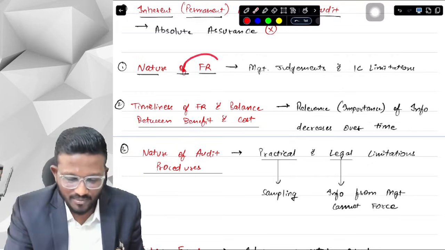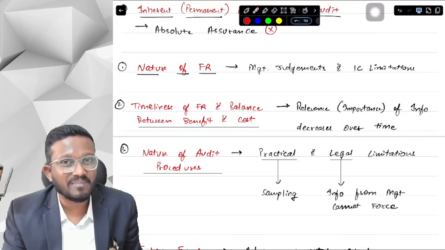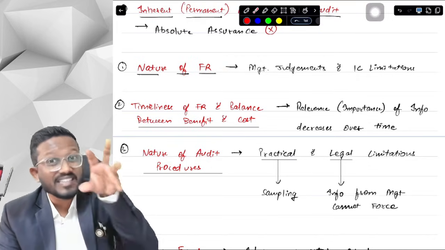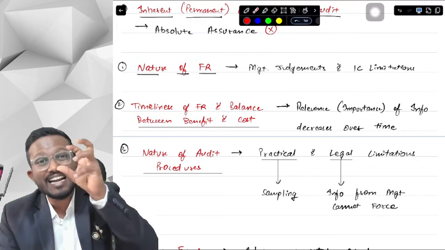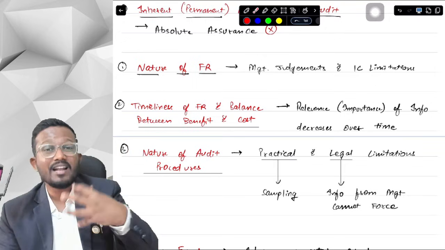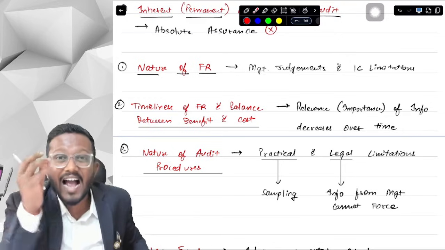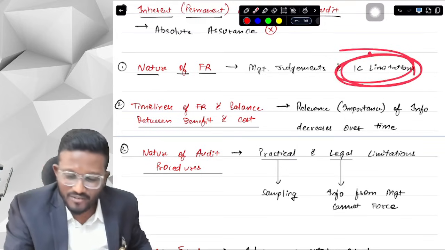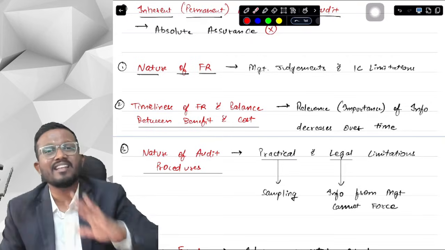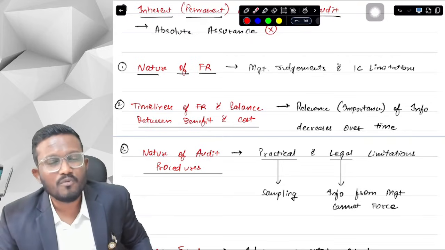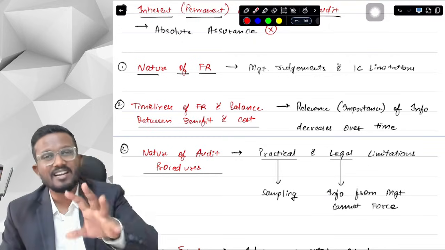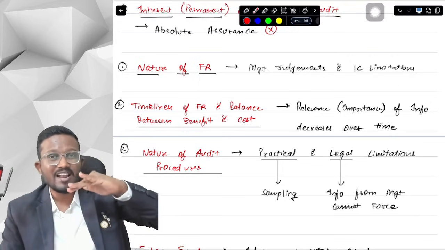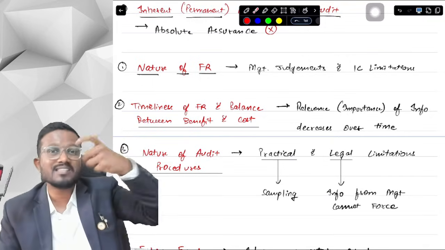The second limitation in financial reporting is that the amounts in the financial statements are based on internal controls. First of all, we do risk assessment procedures, and in risk assessment procedures we check the internal controls. Now there can be cases where as an auditor I feel that internal controls are working properly, but actually they are not, because internal controls have their own limitations, and financial statements are prepared based on them. Obviously we will discuss this in detail in your risk assessment and internal control chapter, but for now, suppose the manager example which we took: there is a manager who has to approve the expense claims of all the articled assistants.